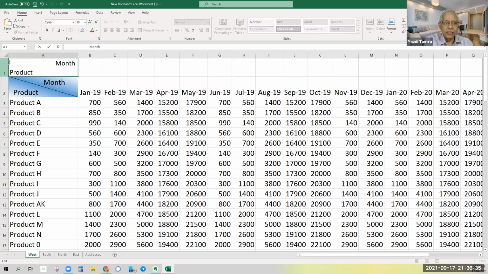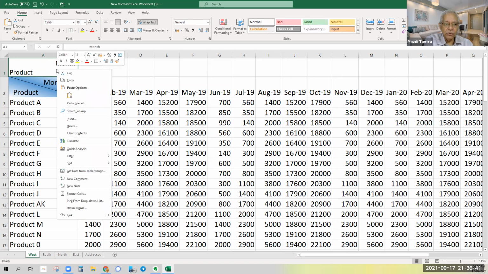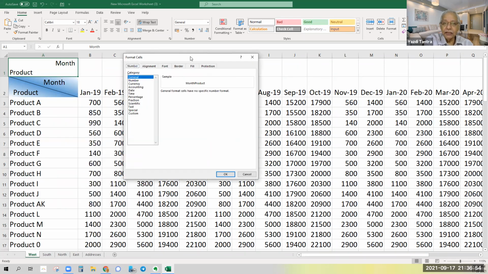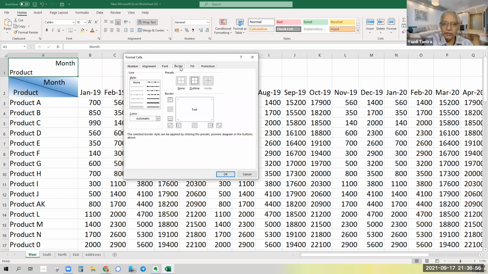Now, how do I draw a line in between these two? So what I do is I right click on this and go to format. Okay, is there a format here? There is format. Yeah. And then I have this option called borders.